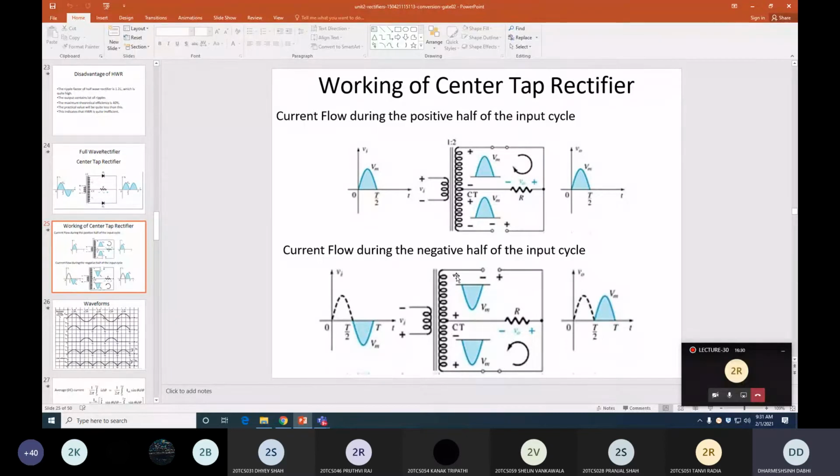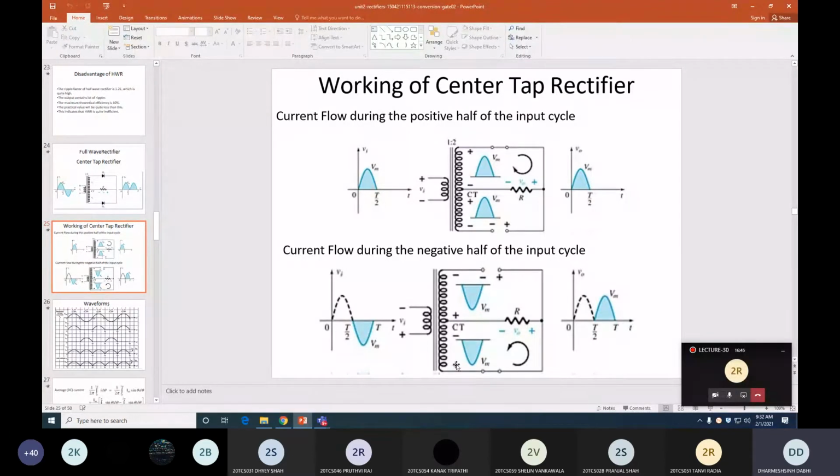So with this polarity, you can see that the upper terminal is negative, and that is connected with the anode of the diode. So that will be reverse biased. It means your diode acts as an open switch, this one. So there is no current flowing into this upper half of the circuit.